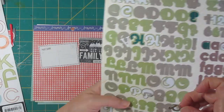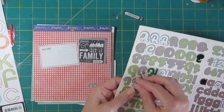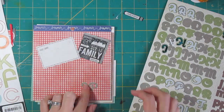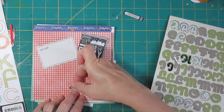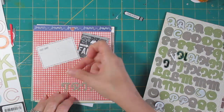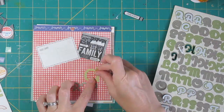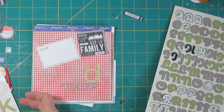All right, working on the front cover, and I want to be able to flip this over and write easily, so I'm trying to keep everything pretty flat. So I'm using some stickers instead of thickers. These are some old ones from Crepe Paper. And it's going to say road trip. At least these are Crepe Paper. The next ones I'm going to use, I'm not sure where they're from. I think they're American Crafts, and then we'll have road and then trip and then a few other symbols